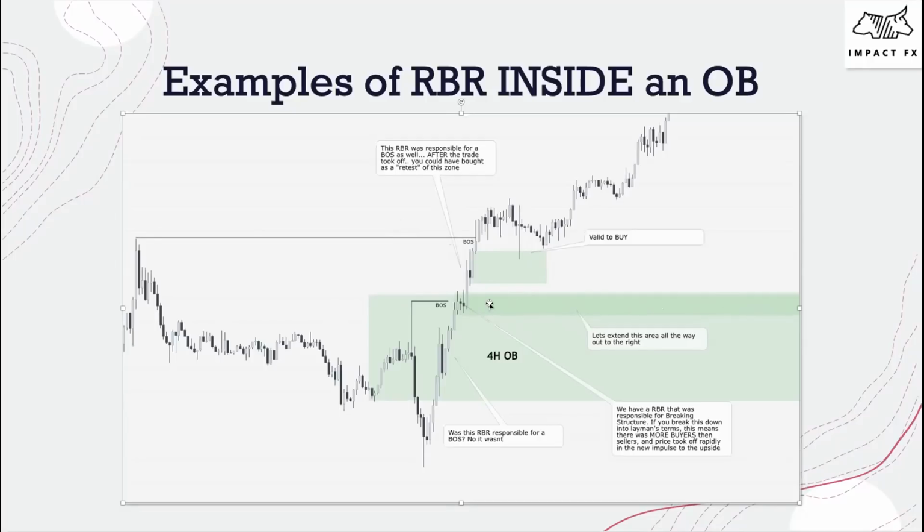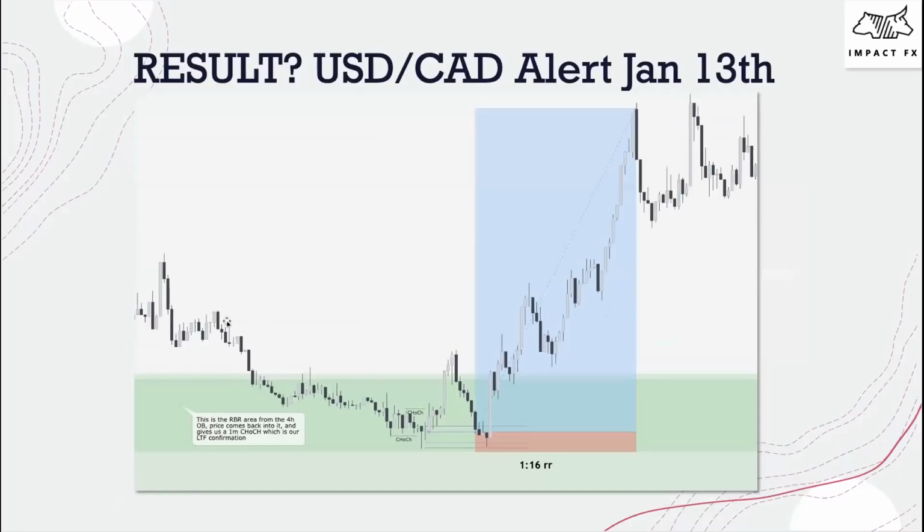Now, consider what we're looking at here. We are looking at the left side of the OB that formed. I'm now extending this green box all the way to the right for the retest. So this would have been like an alert that got sent out, and you would have then gone to the left and said, okay, do we have a rally-based rally inside the OB, or do we have imbalance? What do we have inside of this OB that tells me a confluence that I could actually take a trade from potentially, okay? So now if we actually go all the way to the right, we get the alert from Ann,